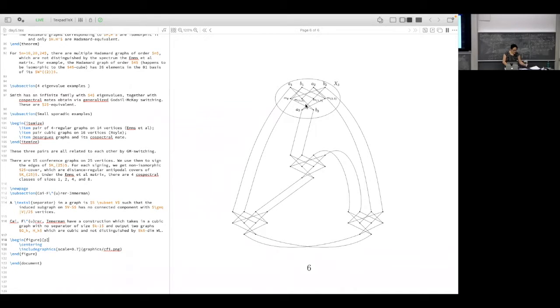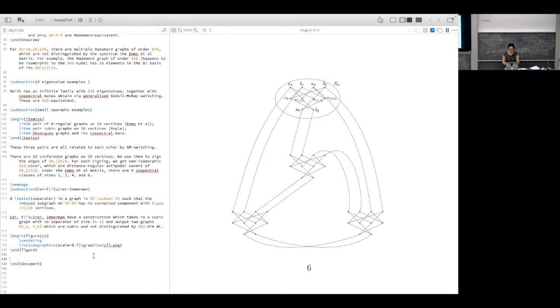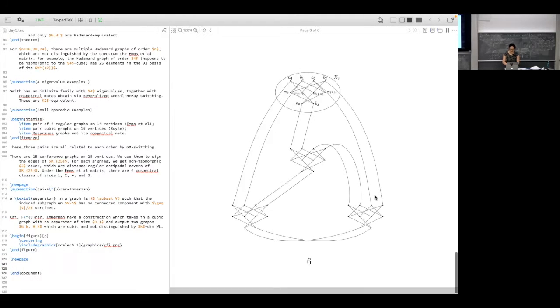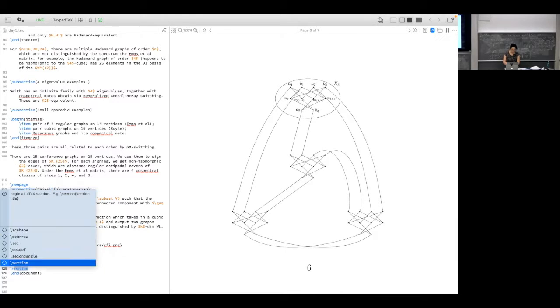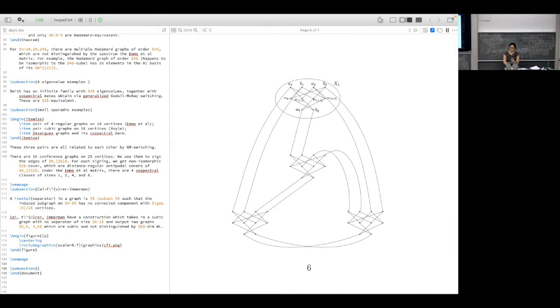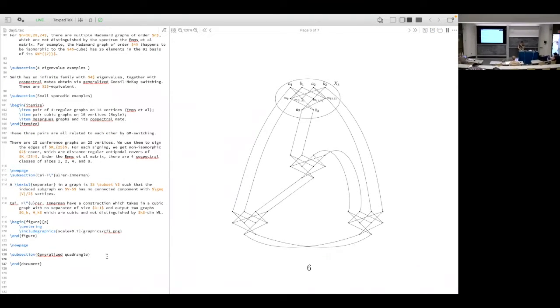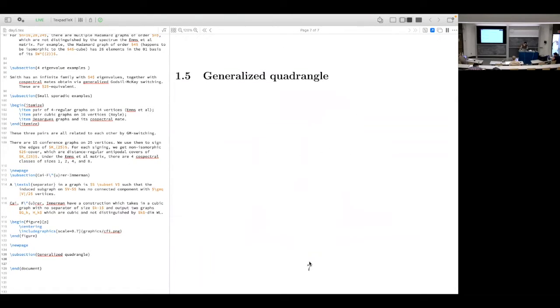Okay, so that's the third infinite family. Every example that we are able to find has upsides and downsides. So for this family, people were able to show that it is k-equivalent for some k and for some input of the separator size, but it's not strongly regular. In fact, that has been the problem with all of the previous ones, that they are not strongly regular. Okay, so finally, I'm going to show you how we constructed those strongly regular